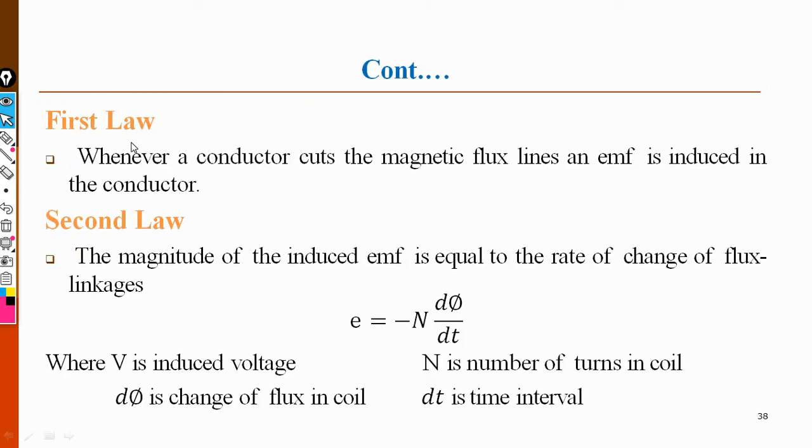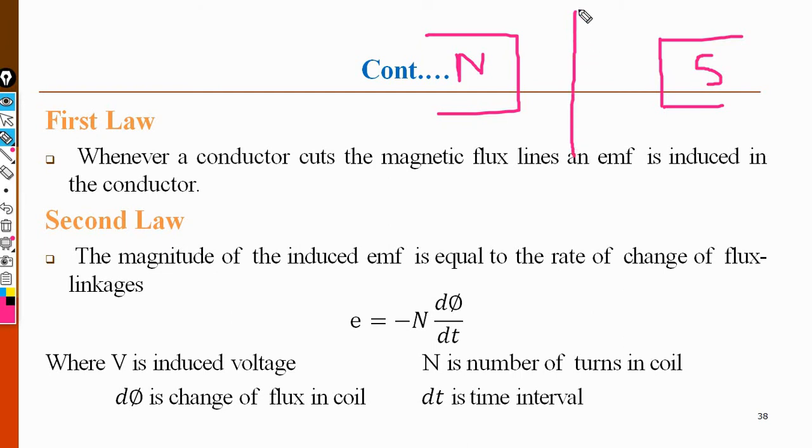First we have to explain the first type, that means a current carrying conductor. For example, we have shown one diagram. This is the north pole and this is the south pole. Then a current carrying conductor, this is the conductor, is placed, and magnetic flux is passing through it. This is the magnetic flux I have drawn in the form of lines, between the north pole and south pole.